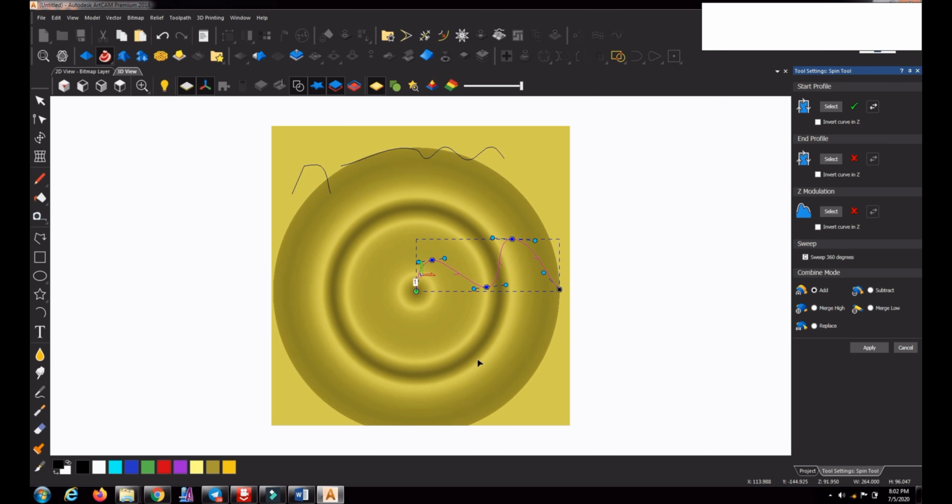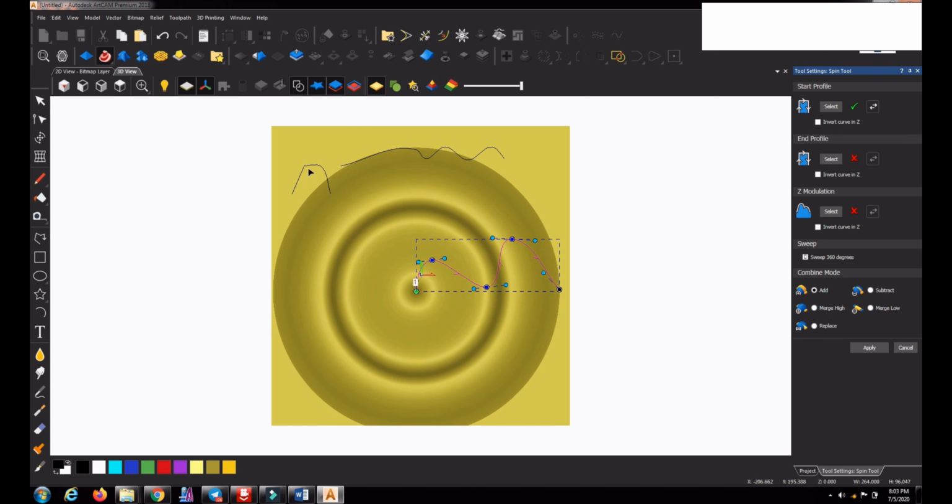The start profile just goes around 360 degrees, if you select only one profile as a start profile.